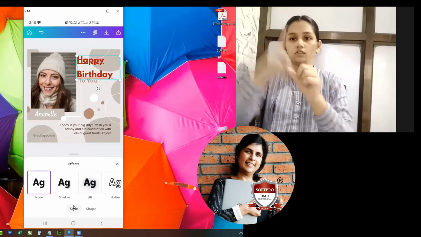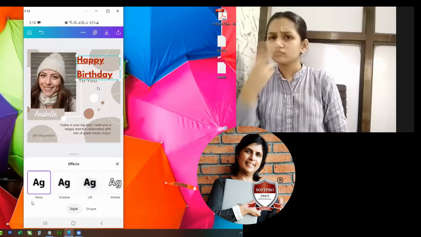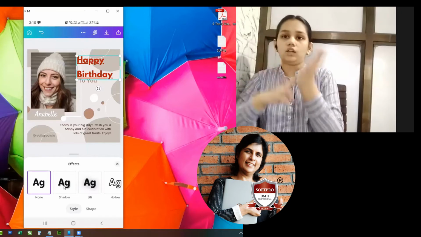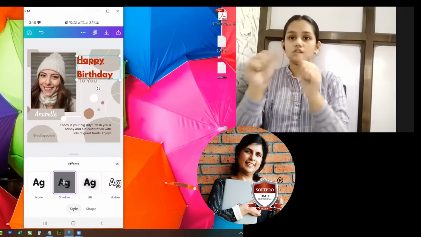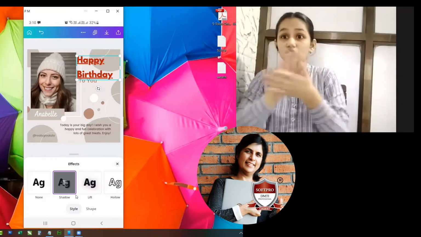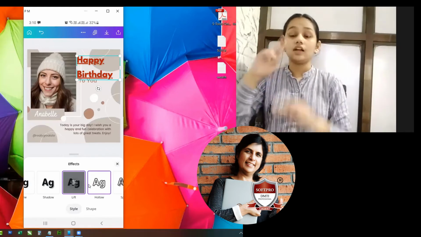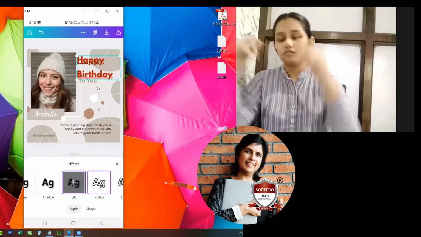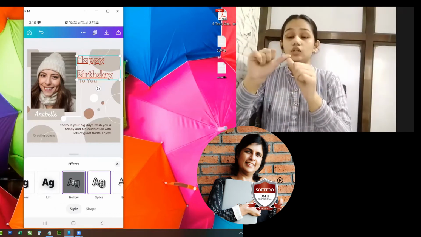Correct? So in the style effect, right now it is saying none. Let me click on the shadow. If I say shadow, you will see a slight shadow over here. Right? If I say lift, you will see a slight lift effect. If I say hollow, you will see a hollow effect.